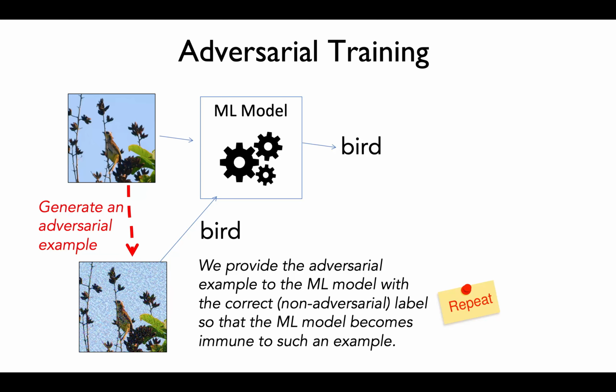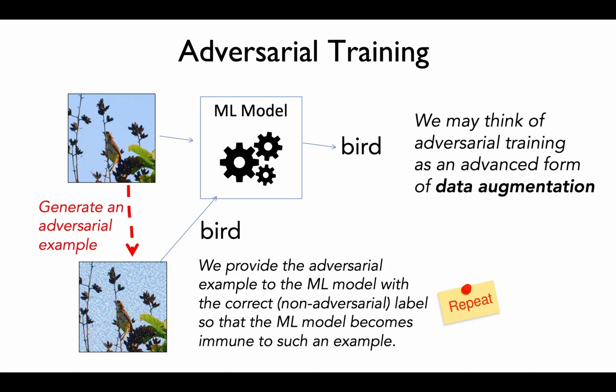It remains an open question if doing this would reduce the accuracy of the ML model. And there are some results which are showing that if you show adversarial examples to the system at the training time, your accuracy on the non-adversarial examples may suffer, but through this you're learning more robust features, and effectively that has advantages for robustness. We can think of adversarial training as an advanced form of data augmentation.